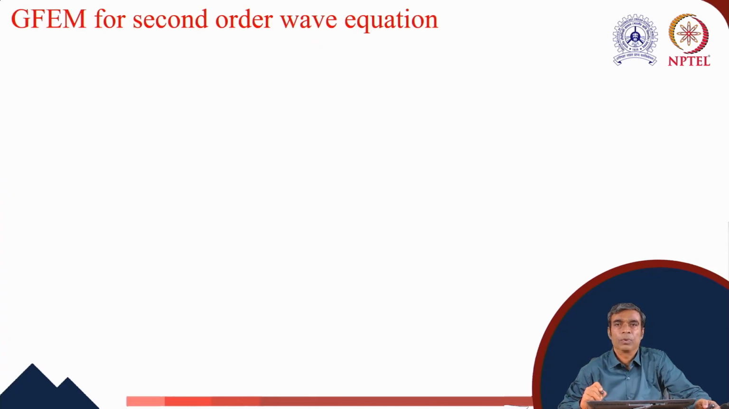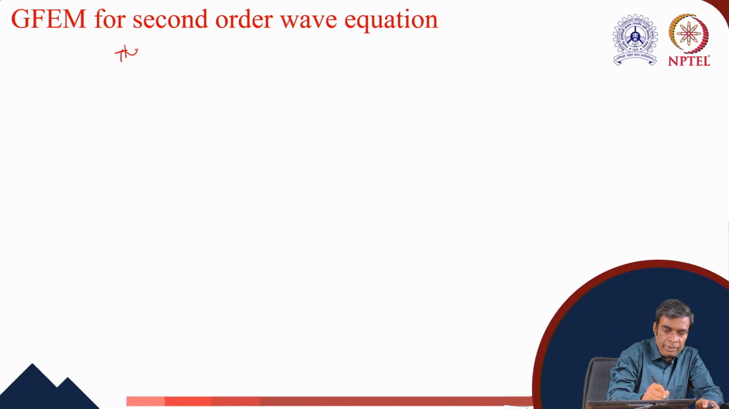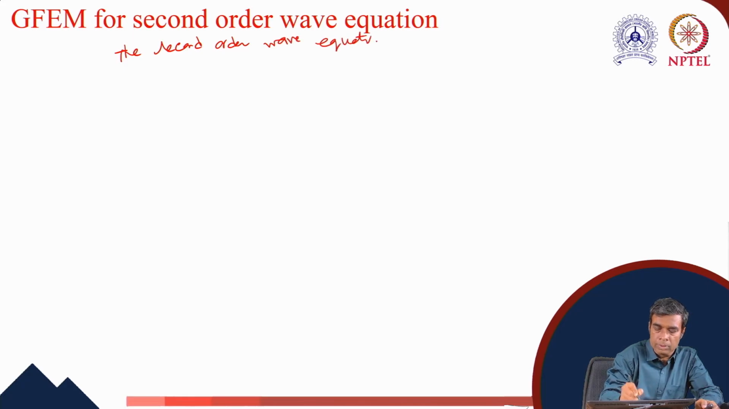So now we shall derive the Galerkin weak form and the semi-discrete form of the second order wave equation. As all of us know, the second order wave equation is a classic example of the hyperbolic partial differential equation. The second order wave equation is given by